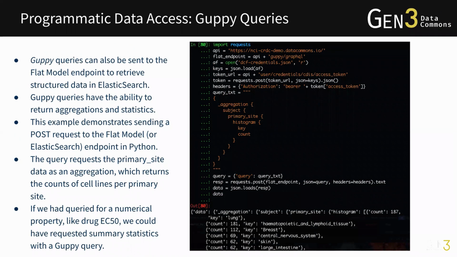Guppy queries can also be sent to the flat model endpoint to retrieve structured data from Elasticsearch. Guppy queries have the ability to return aggregations and statistics. This example demonstrates sending a POST request to the flat model or Elasticsearch endpoint in Python. The query requests the primary site data as an aggregation, which returns the counts of cell lines per primary site. It's worth noting that if we'd queried a numerical property like drug EC50, we could have requested summary statistics with